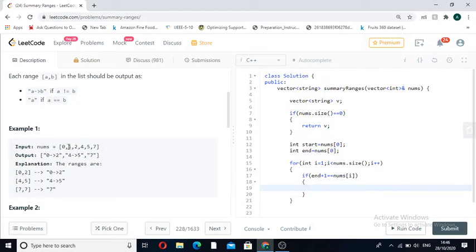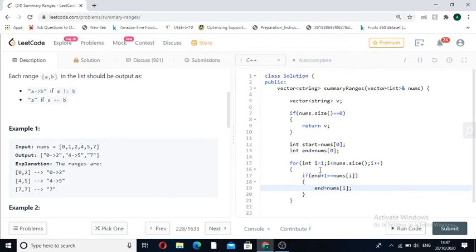Now 1 is equal to nums[i], and nums[i] is also 1. So it means that this particular nums[i] will also be taken into account in the current range. So we will update our end to nums[i].